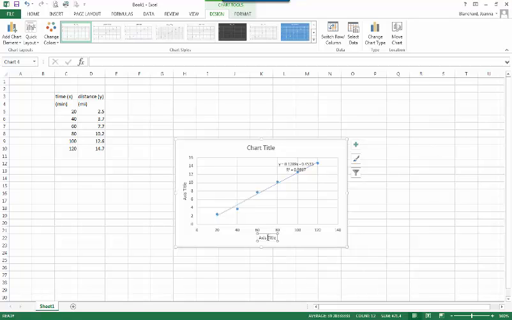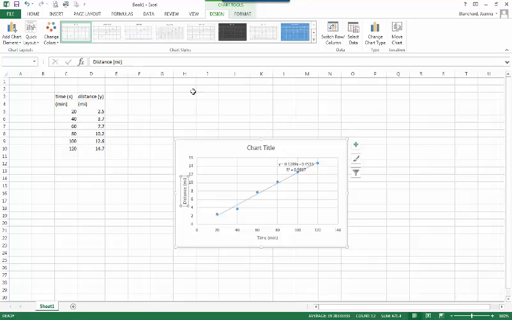So if I click on the x-axis title and I highlight it, I can just do time in minutes. Always you want your units. The other option, instead of highlighting it, because it is a little awkward when it's sideways on the y-axis, is I can just type up here in my formula bar instead, and I can say distance in miles and hit